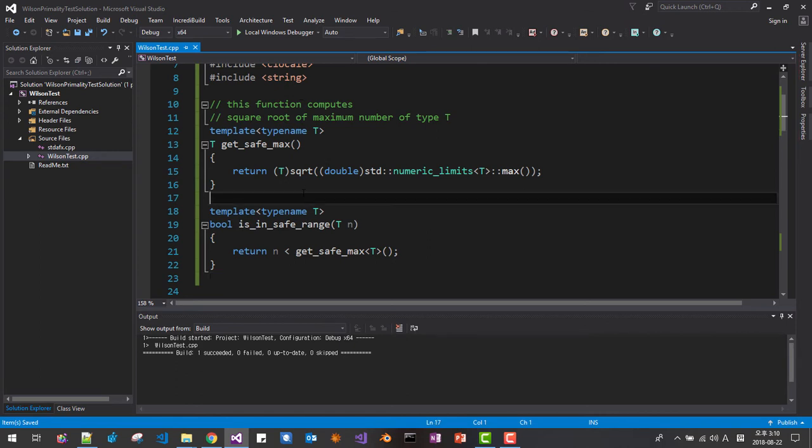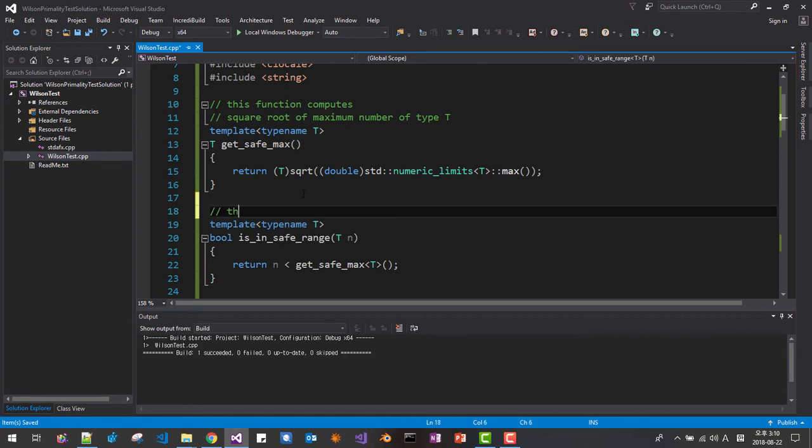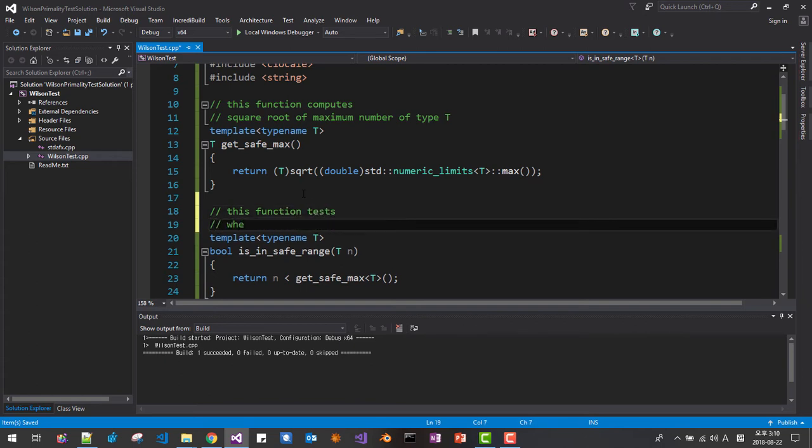now this function tests whether n is less than the square root of the maximum value of type T. Okay,